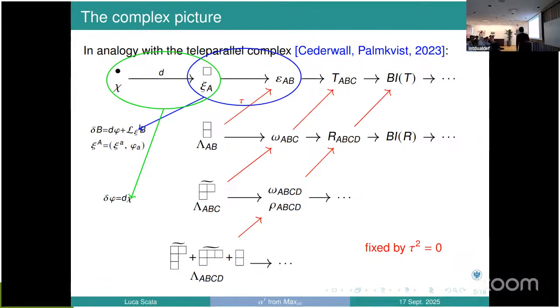This means that all these diagonal red lines are exact sequences. That means you can study their cohomology, and via a cohomology argument you can find the representation for this thing here. And here there is a little imprecision. Every time you see one of these diagrams, this is the box left times box right plus box right. So all these diagrams have a second copy because we have a left and right sector